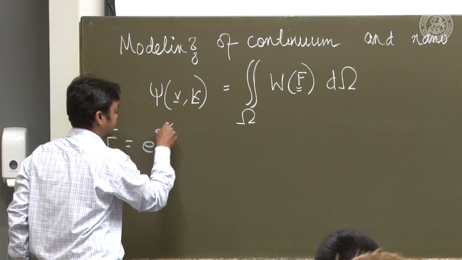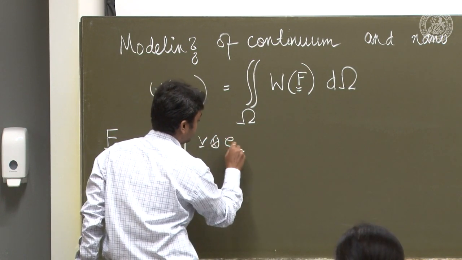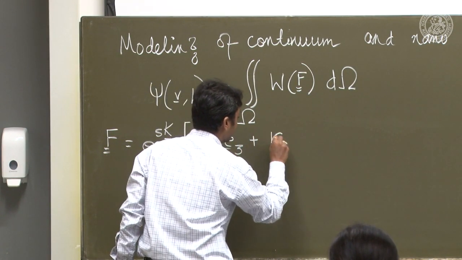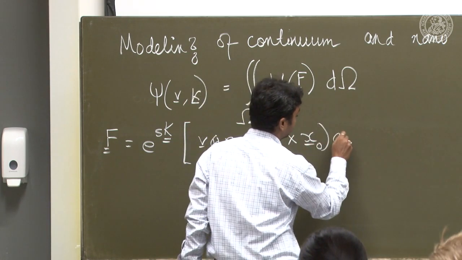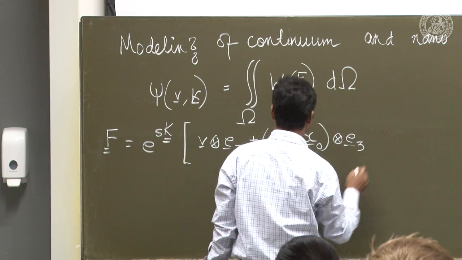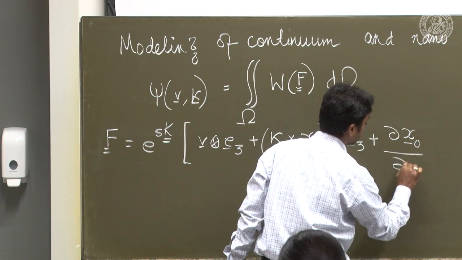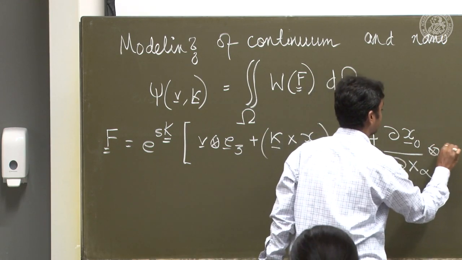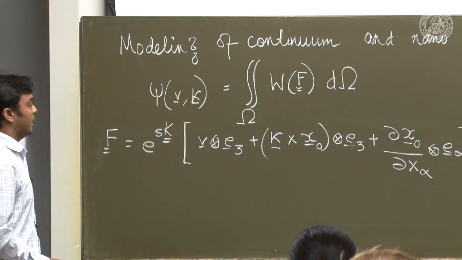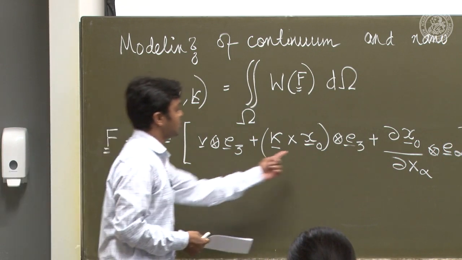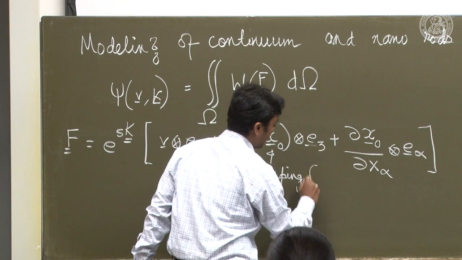we have learned that it is e to the power sk V tensor product E3 plus kappa cross x naught tensor product E3 plus del x naught over del x alpha tensor product E alpha. And here we have x naught as our warping function, which is the unknown, and this can be found